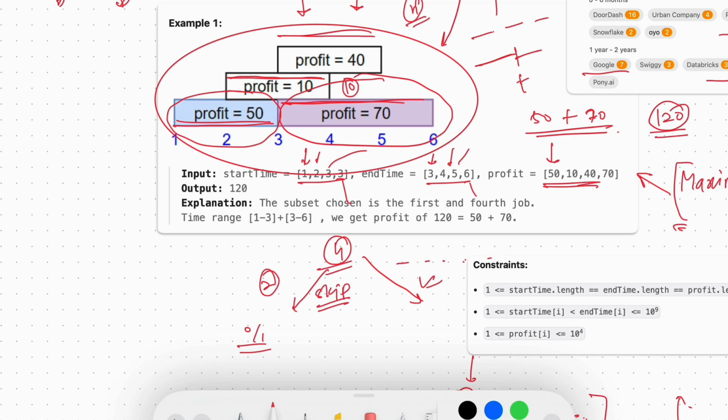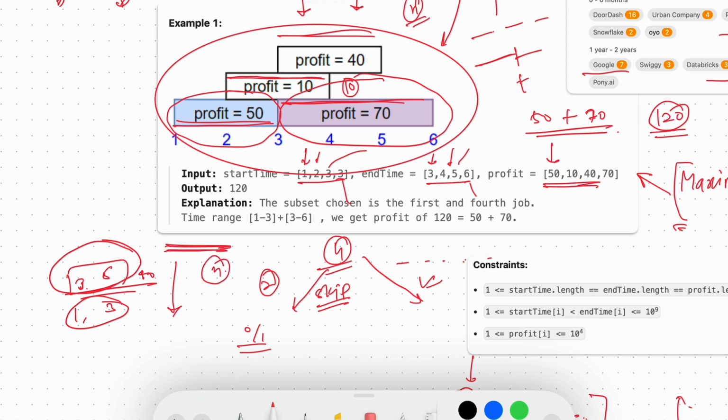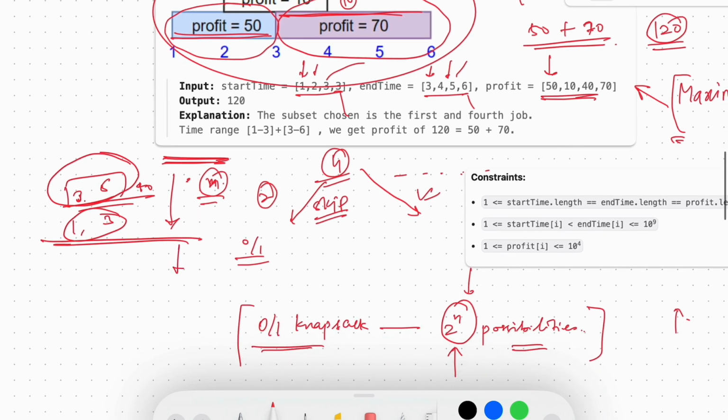If we do that, say the first job given to us is 3 to 5 with profit 40, and the second job is from 1 to 3, then since it is not in order, we have to iterate over the whole array, adding another n multiplier to our time complexity. To overcome that, we can sort these jobs according to the start time,